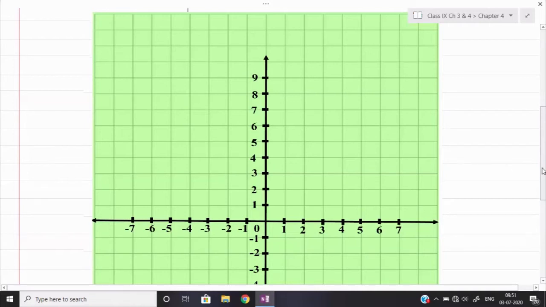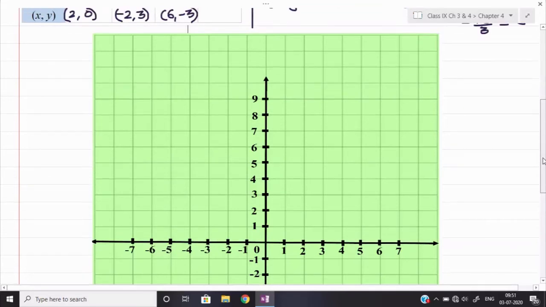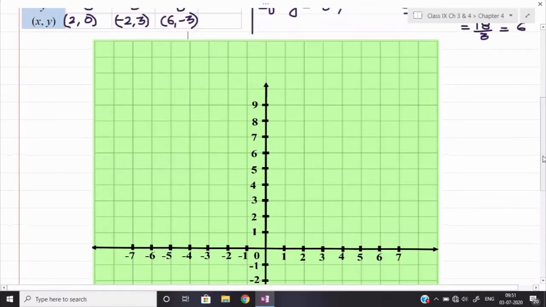In the application question, since the value of x cannot be negative, I have taken only the first quadrant. In the examination also, you can draw a particular quadrant or all four as per the requirement. Now here, first I will write down the scale. The scale we are taking here is 1 centimeter equal to 1 unit, right?